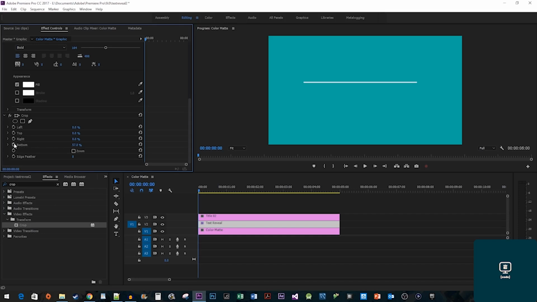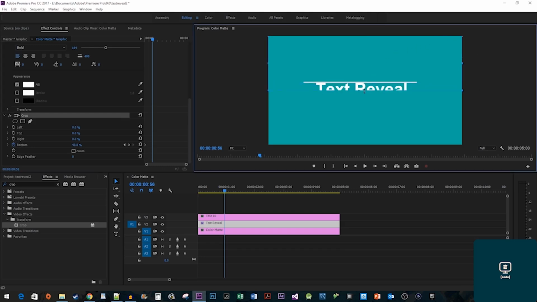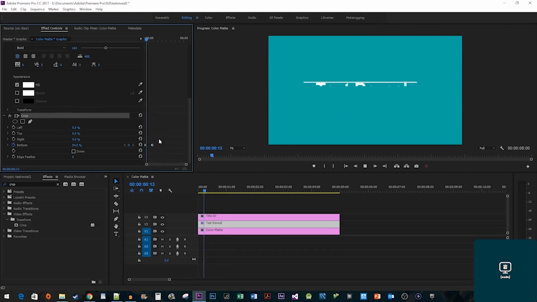Click the stopwatch button to create a starting keyframe. Move the time head to where you want the text reveal animation to end. Select the crop effect so that you can see the crop's bounds. Drag the crop's bottom handle to reveal the text, creating your second keyframe. Okay, now that we have our text being revealed, we just need to animate our line to sync up with